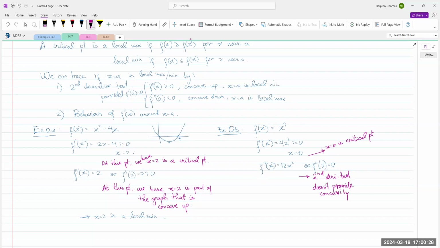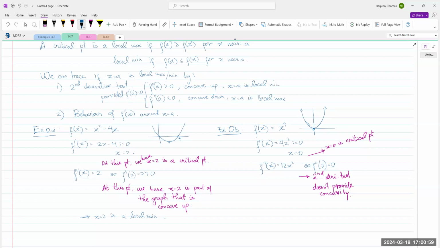Concavity. Even though if you think about it, x to the 4, as you have learned supposedly in your pre-calculus class, that's a power function, right? Which means it is a polynomial with degree of 4. So the shape is like this. And we know that x equals 0 is where we get the local minimum. But what I'm trying to say is, in this case, the second derivative test does not provide us